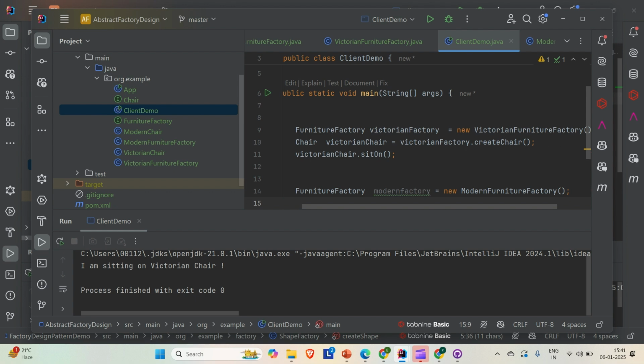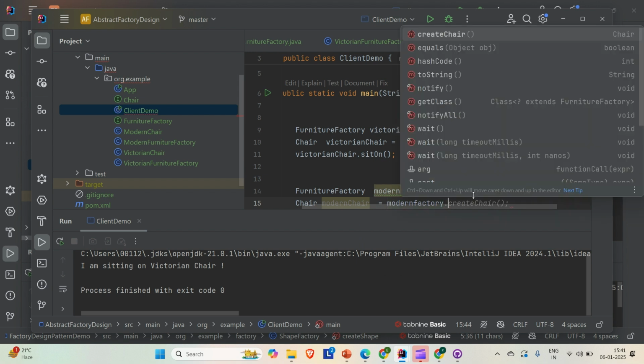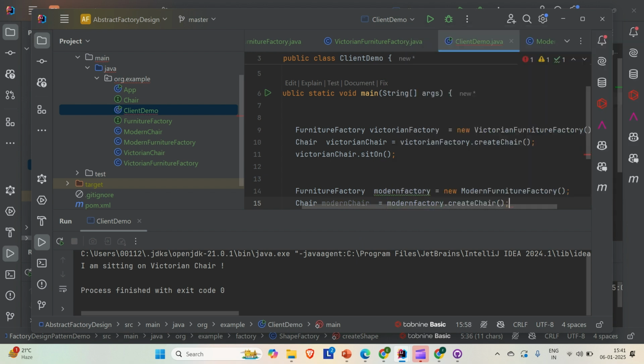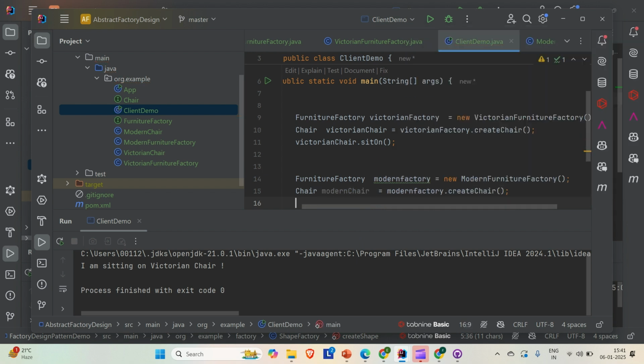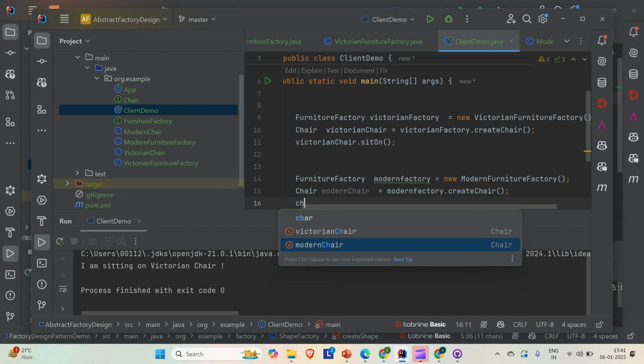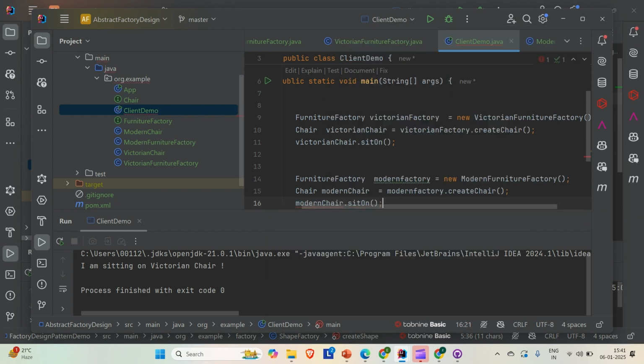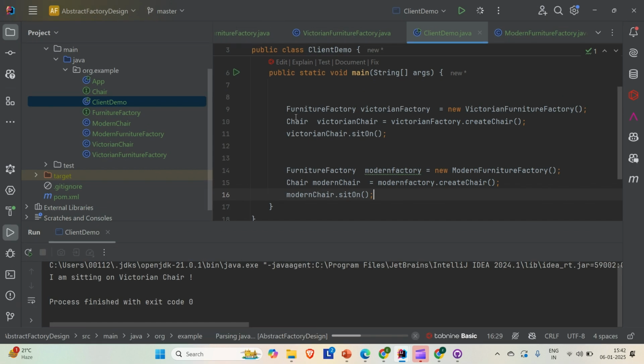Then with the help of this we'll create the chair object, and let's say the chair name is modern chair, and we are going to use the modern factory to call the create chair method. Once we have the modern chair created, with the help of the object of that, we're just going to call the sit on method. And if you run it out, you will see,